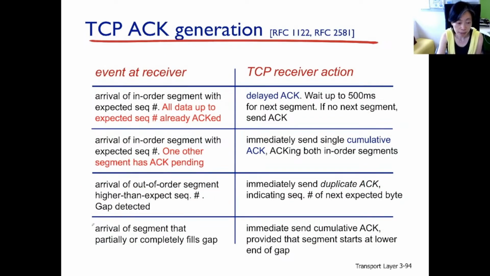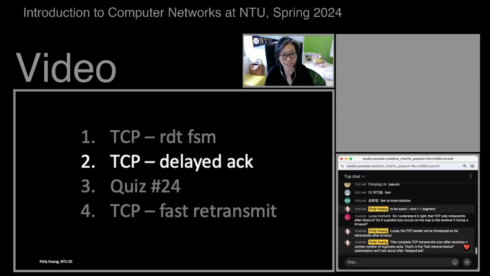The last event is this, related to the gap we might see in TCP's receiver. So if a segment comes in that partially or completely fills a gap, then we generate a new ACK. The sequence number in the ACK here will still be the latest packet arrived in order. So this will acknowledge all the packets before that. All right, so that's delayed ACK. The complication is at sending the positive ACK. Only for 2 new data packets, we send 1 ACK. That is what delayed ACK meant.